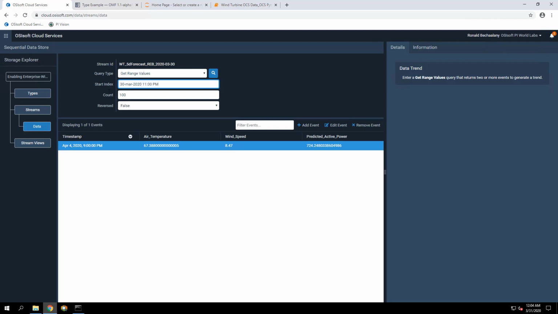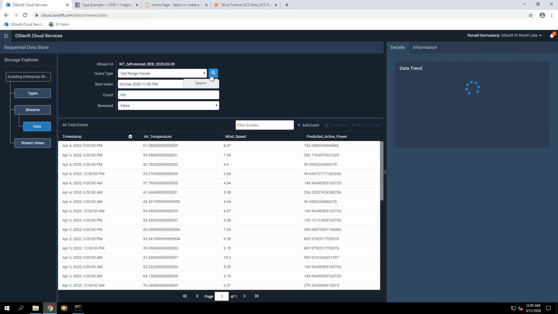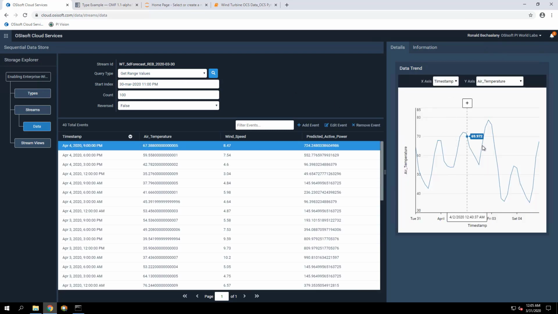Okay, so that's our start index. And that's 100 values from now. Let's put more than that. Okay, so you can see the data for the next 5 days. So that's April 2nd, 3rd, and April 4th. So you can see we got the forecasted data.